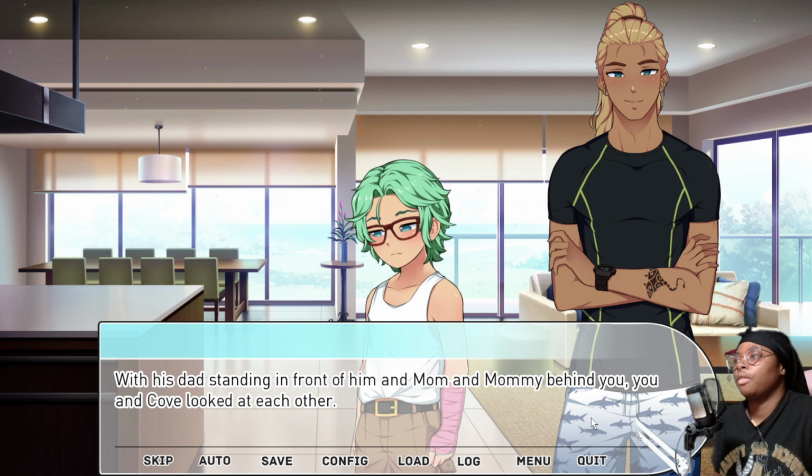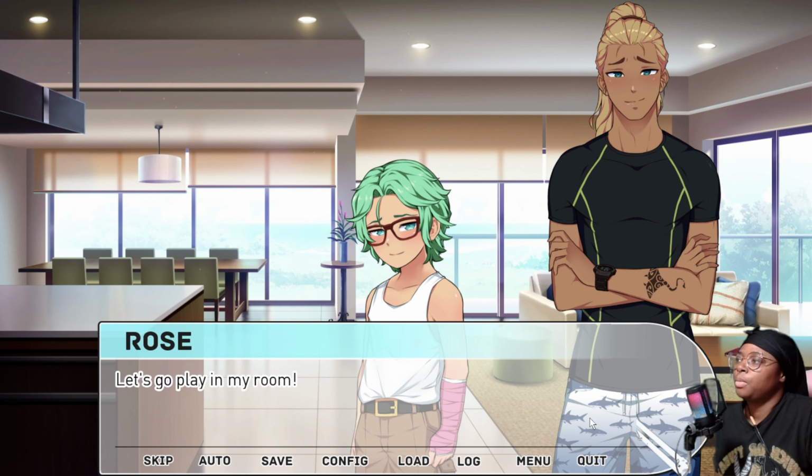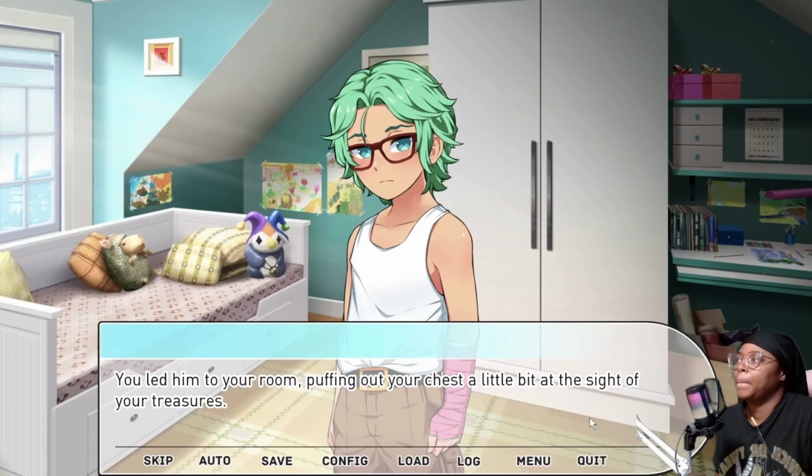With his dad standing in front of him and Mommy behind you, you and Cove looked at each other. Pleased to see the interesting new boy again, you smiled at Cove. Cove returned it shyly. "Let's go play in my room." "Okay. Take care. Let us know if you need anything, you two." "Have fun, kids. See you, son. Play nice." Well, you led him to your room, puffing out your chest a little bit at the sight of